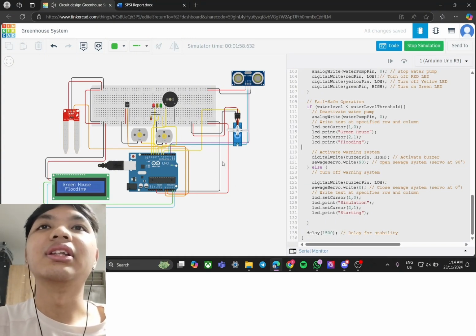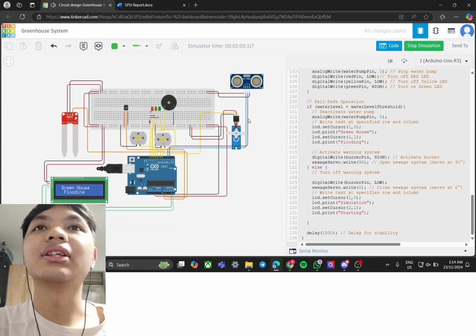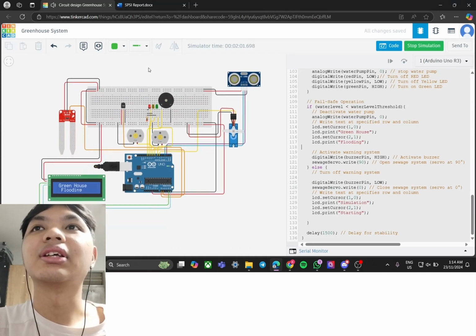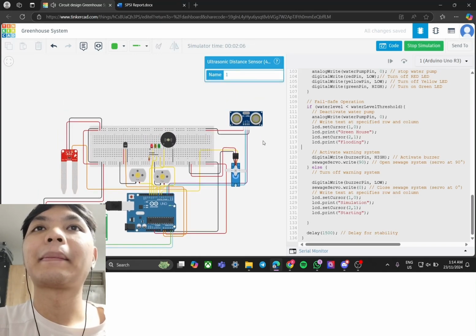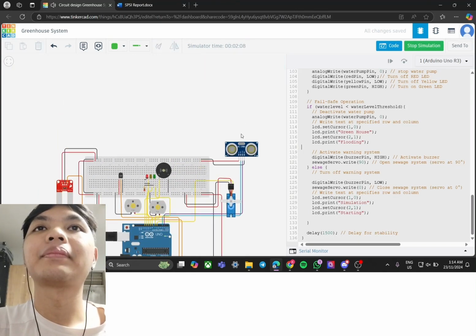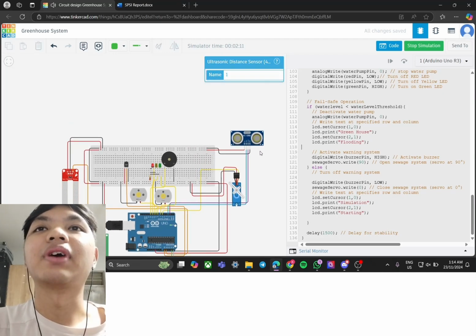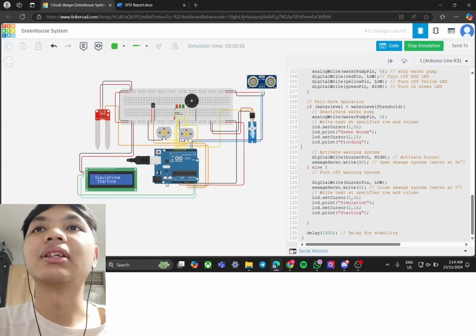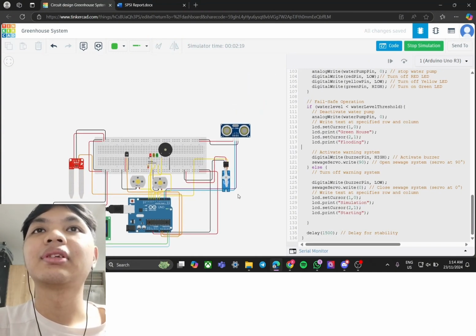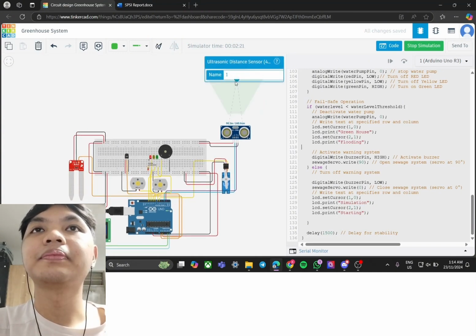So in the simulation, the second condition is executed. Where right now the buzzer is turned off, the sewage servo is at 0, and the LCD is printing out simulation starting. And on the first condition,